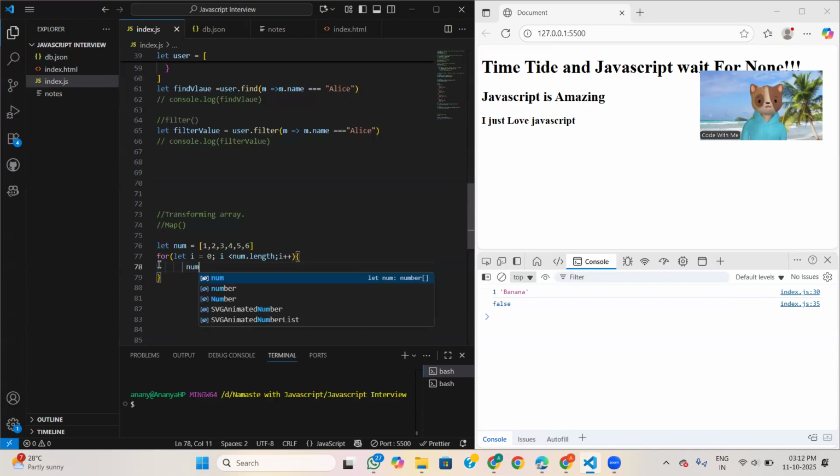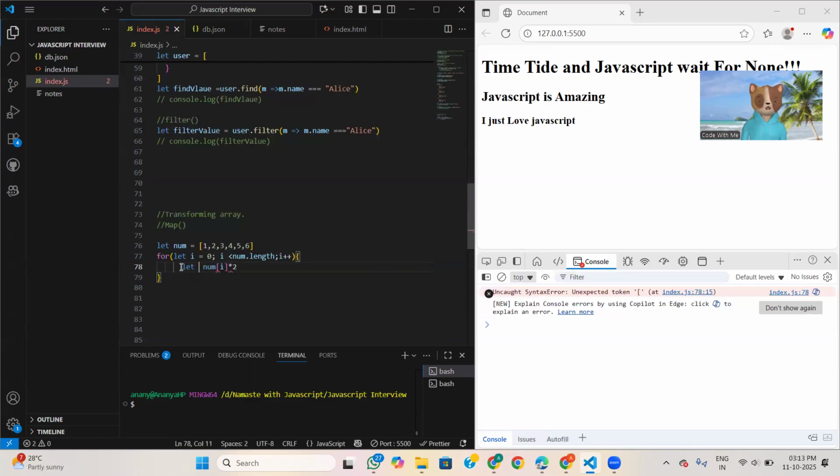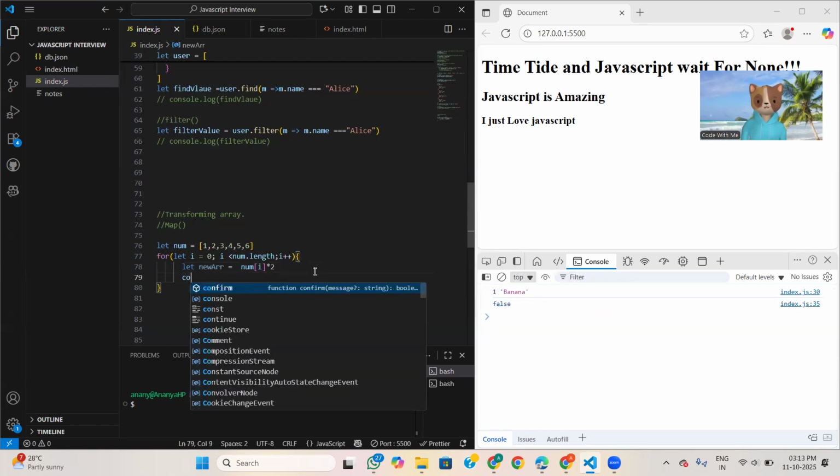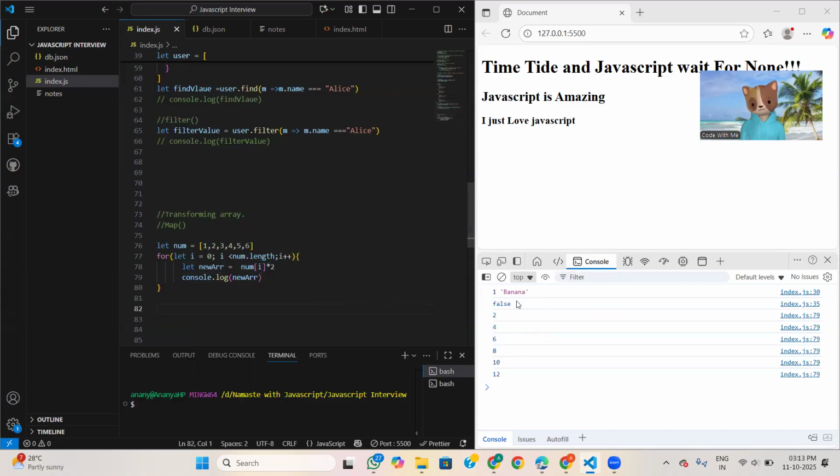So here with every i we multiply by 2 and we save it in let new array is equal to, sorry my mistake, new array. See here, it is multiplying the whole array.